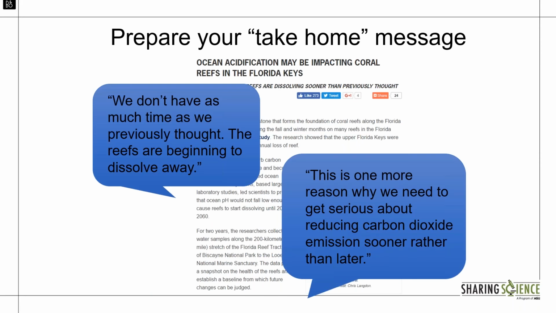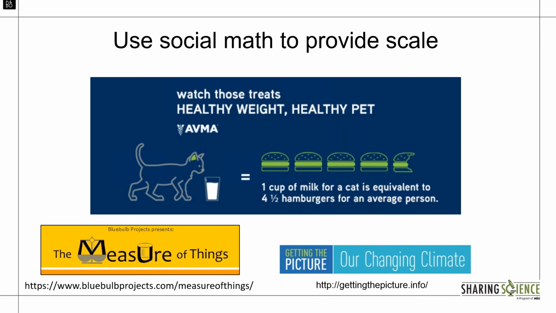And as you're thinking about what you want to be able to share with journalists, you also want to prepare what they call your take-home message. I find this phrasing kind of irritating, but it is useful. The way I think of it is, if you were to have somebody who'd read an article or listened to a news story about your research, if they were asked 2 weeks later, oh, what was that about? What is the 1 or 2 sentences that you would want them to be able to say that would summarize what you think is most important about your study?